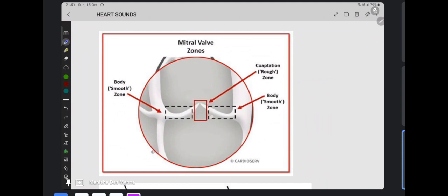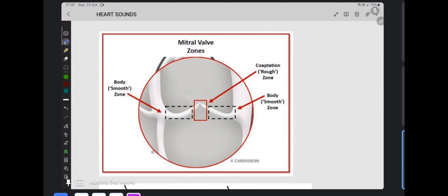When there is a tendency of backflow of blood, what happens? The chordae tendineae become taut, and the mitral valve closes. This is called the coaptation zone of the mitral valve, where the two leaflets attach with each other. Now,